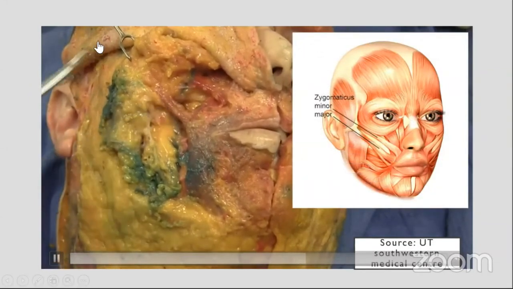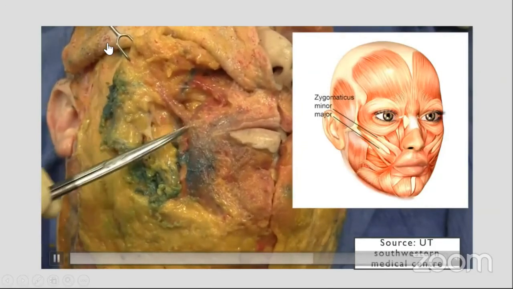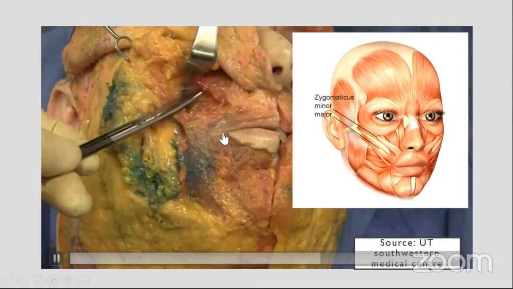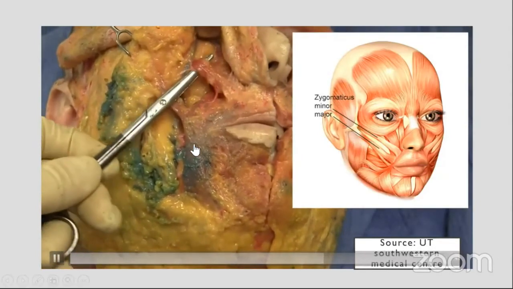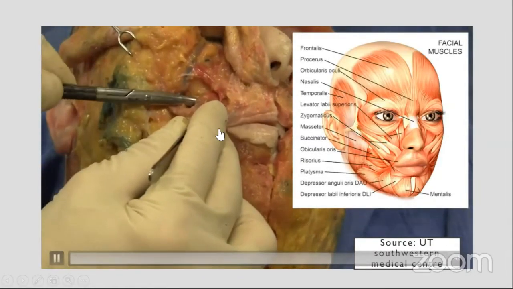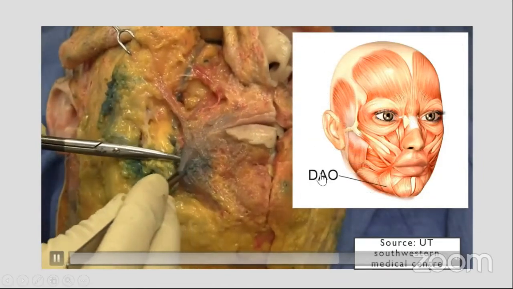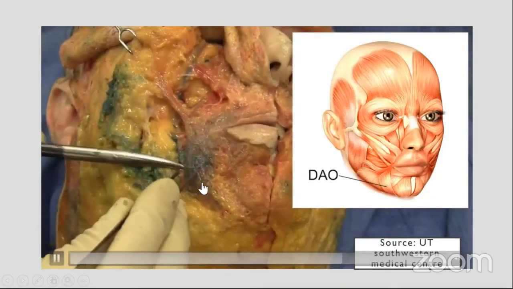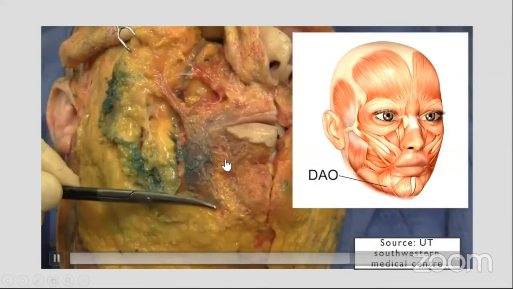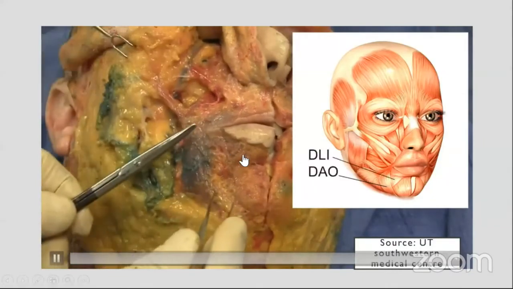Whenever you inject neuromuscular agents here, remember not to inject at the origins of zygomaticus because it will weaken the smile and impair the smile. So here at the angle of the mouth, we must remember the depressor anguli oris as seen in this picture here and its relationship with depressor labii inferioris. This is again a fan-shaped muscle.